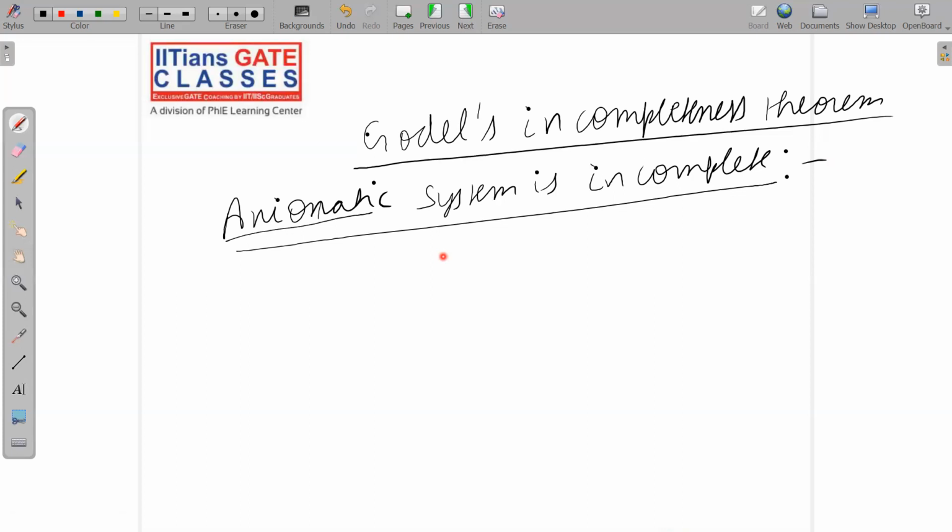Okay, so I think you might be facing some difficulty in understanding this theorem. I know this theorem is a little bit difficult. I will properly state it with formal statements and all these things, and I will properly prove it also. So the basic thing is, Gödel's incompleteness theorem is saying any axiomatic system is incomplete. Whatever axiomatic system, that will be incomplete.